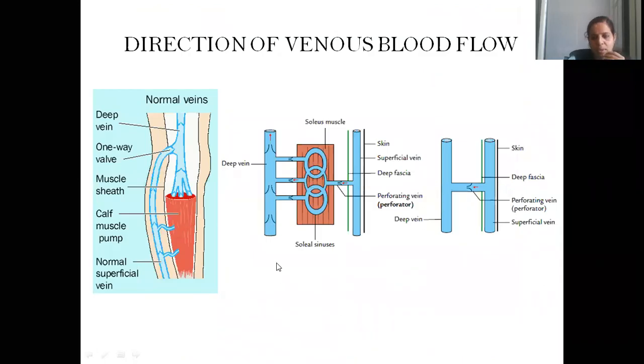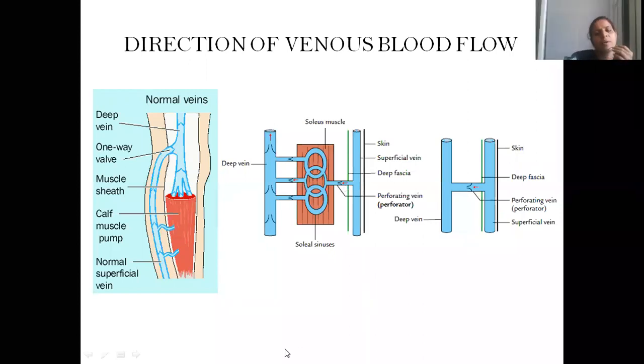Now, as I told you, I will be showing you the perforators. Now see, just below the skin, whatever vein we have, we call it a superficial vein. And the one which is present deeper along with arteries as venae comitantes, we call a deep vein. So connecting the superficial vein and deep vein, are you finding there are certain perforator veins? Okay, so these are perforating veins. The blood is actually moving, see the red arrow, from superficial to deep or in the reverse direction? Superficial to deep.